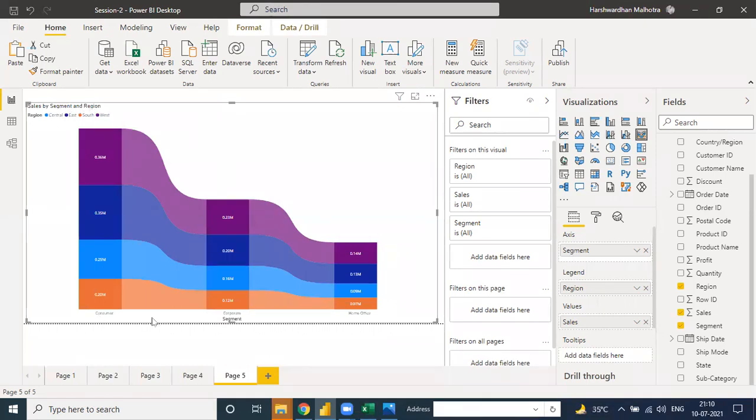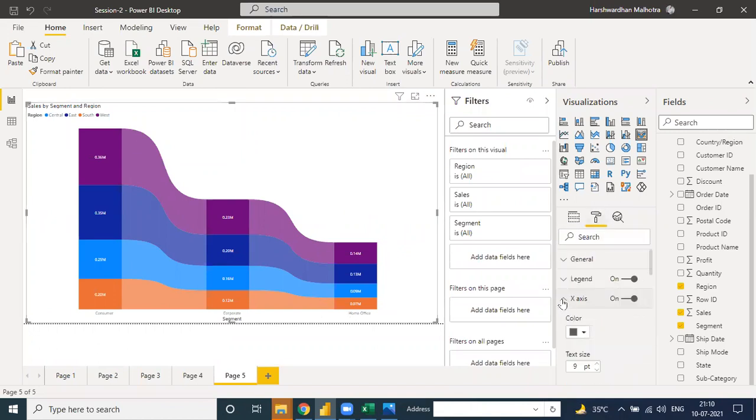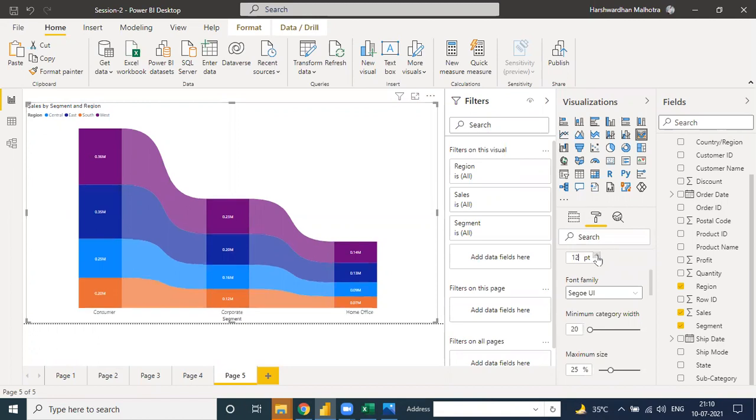Segment is 3: consumer, corporate, and home office. You can do formatting from here, like x-axis, dropdown size, change your font to 12 as per your requirement. That size is increasing. Every visualization's formatting tools are given here.